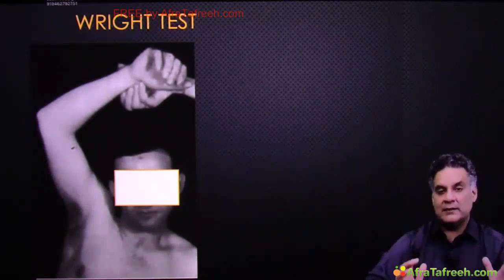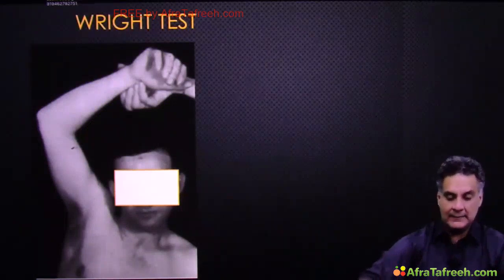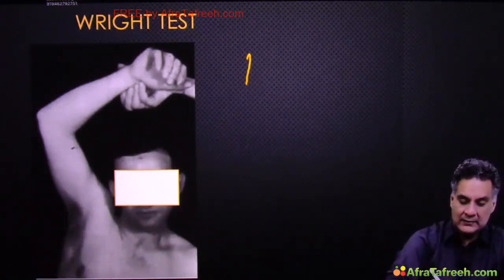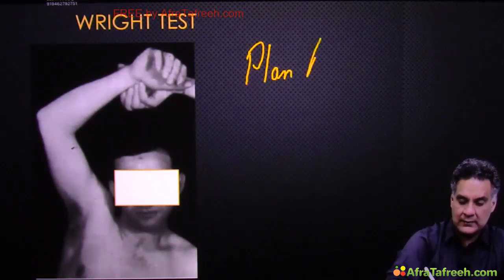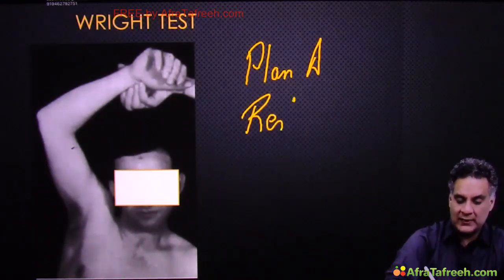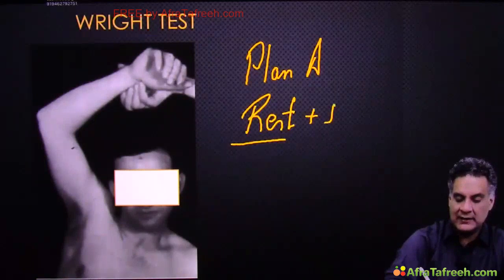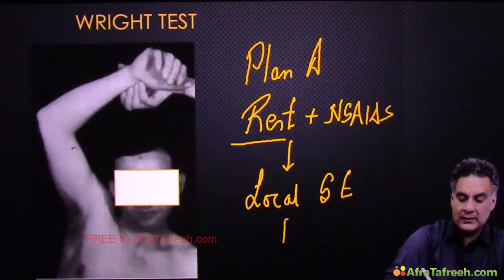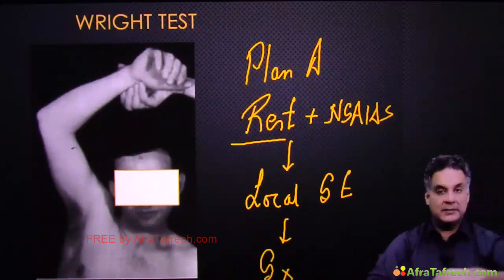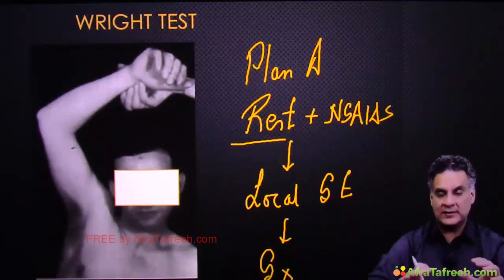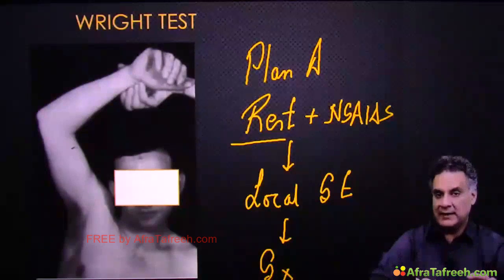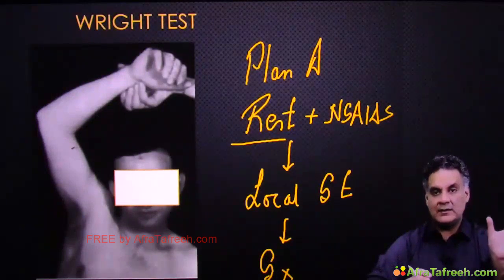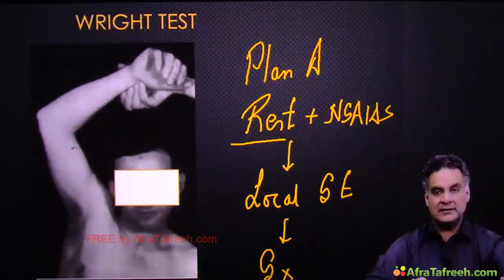Whenever we have compression neuropathies, their treatment is, I've given a name, Plan A. Plan A means do not do the provocative things, give rest, and give anti-inflammatory. If no relief, local steroids. If no relief, surgery. This Plan A is the name we have given. It's not a standard textbook name. But this Plan A, where you give a conservative trial, local steroid, not oral, and then surgery, can be used